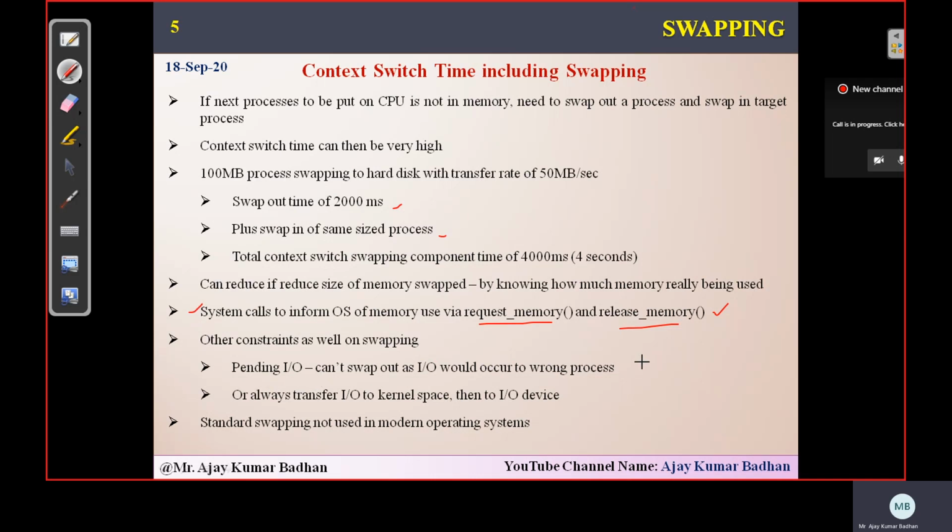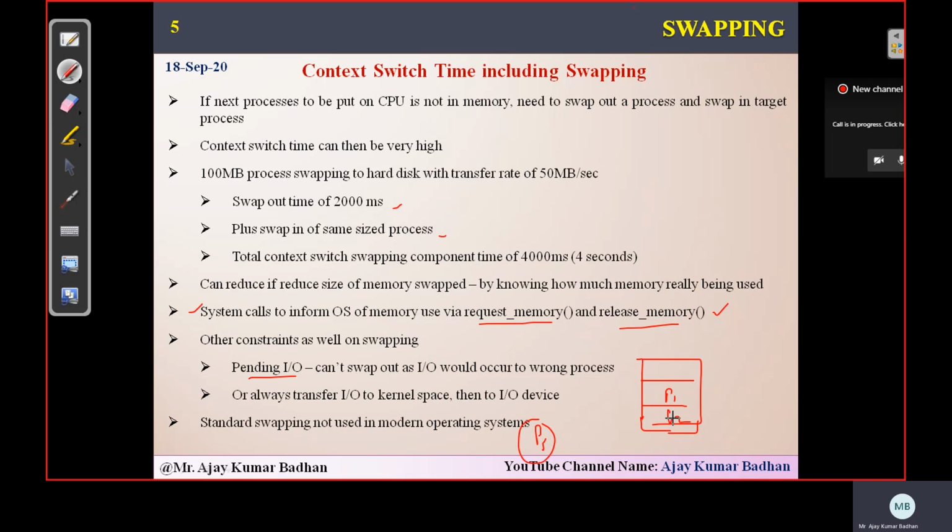And one more constraint is, suppose the process which is in your main memory executing, if it is waiting for some pending I/O operations to perform, then we should not try to swap that particular process, because if you swap it, what will happen? The next process which is coming will try to allocate. Let me take an example so that I can tell you. This is your RAM. We have two slots. Let us suppose initially we have P1 and P2. Now there is another process P3. P2 is waiting for some I/O operation to complete. In the meantime, P3 came, which is of higher priority than P2 but less than P1.